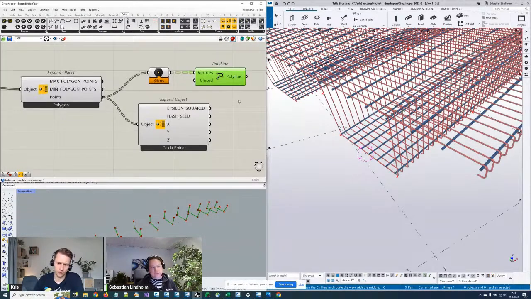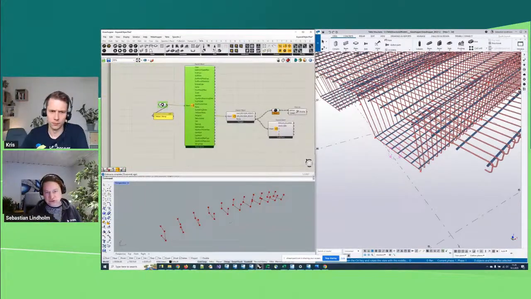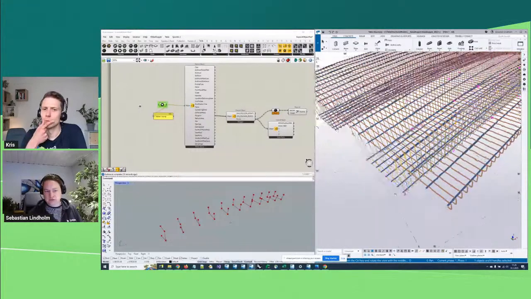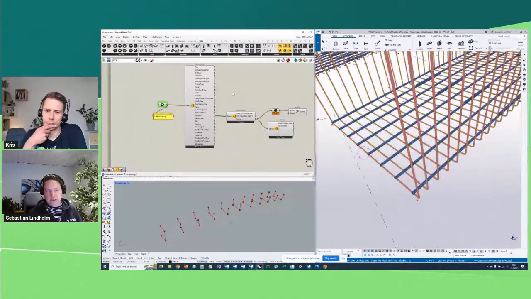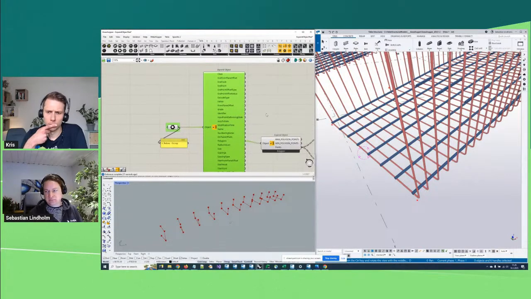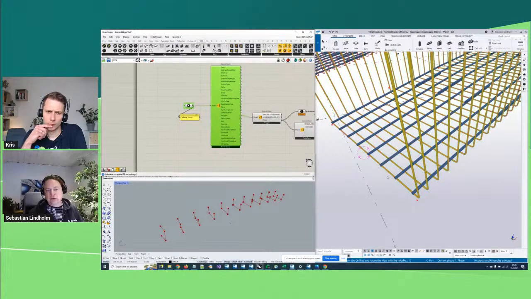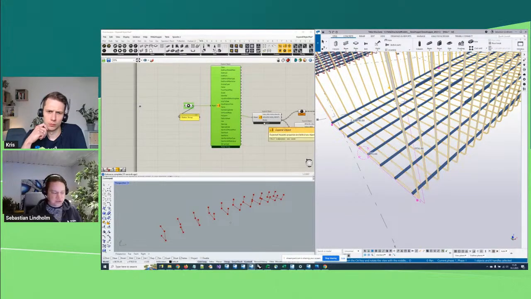The problem with this, like you see, is that the polygon output only contains the control points, so not the actual shapes of the rebars. So sometimes you might want the control points, but sometimes you want the actual shapes. And that's a limitation here because this expand object component is only able to show what's technically called properties, whereas to get the actual shapes of the rebars, we need to call a method, and those can't be presented in the same way. So to get the actual shapes, we need to use a bit of C#, and I